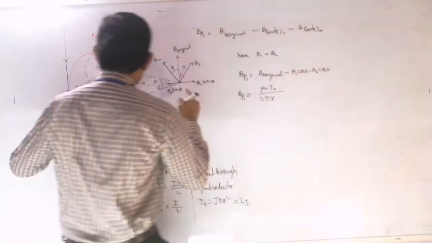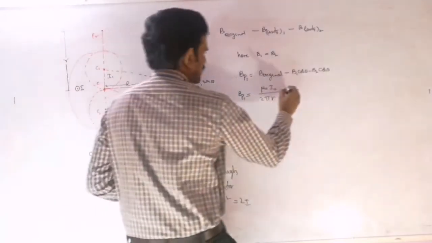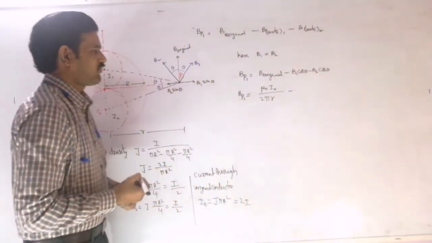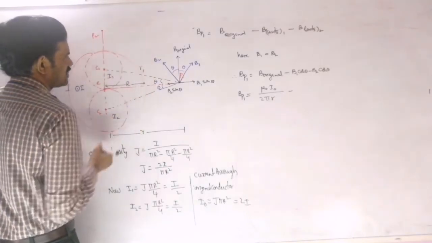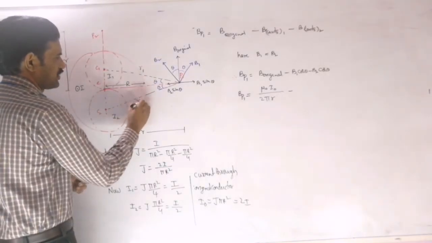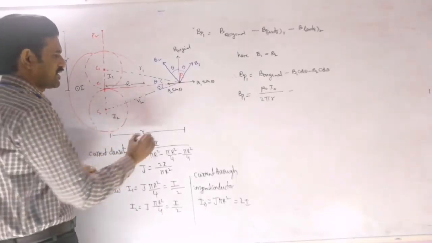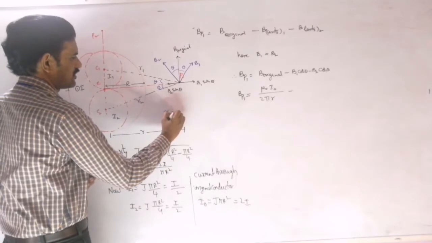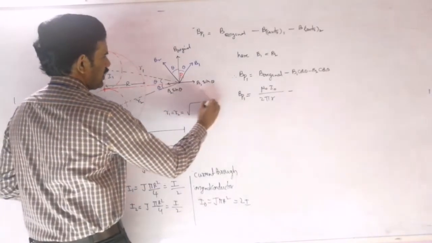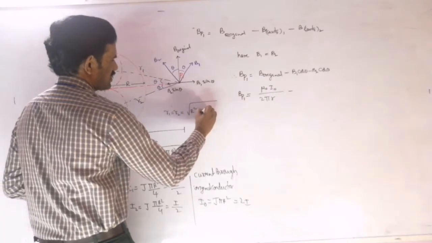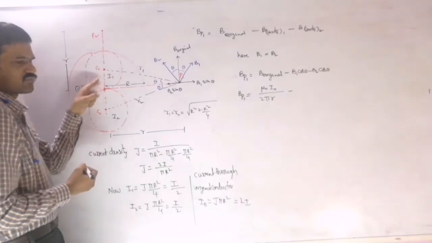It's the distance of this P1 from this center, which is given as r, minus B1. Now for this B1, this distance we need to write here. Let's suppose this distance is R1 and this is R2. You can find that R1 and R2 distances are equal in magnitude, and we can write R1 is equal to R2 is equal to the square root of R square plus R square by 4. This is R, capital R, and this is R by 2.